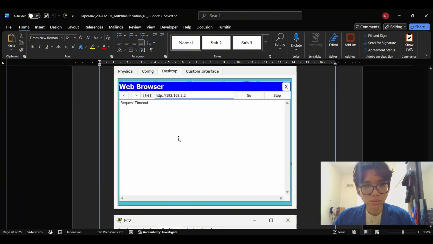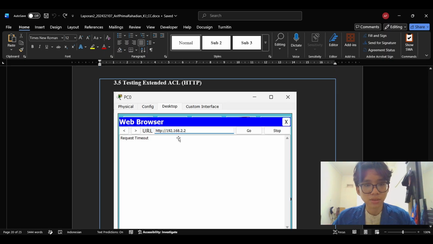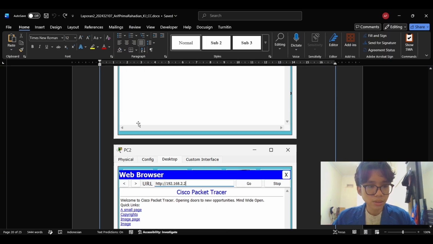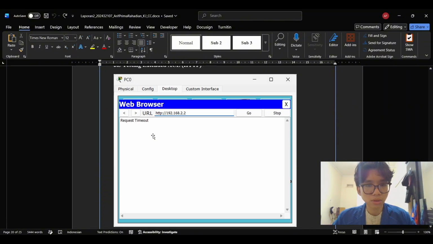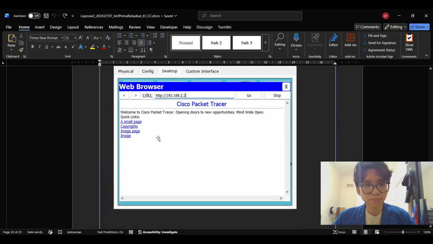I test from two different devices, which is PC0, the blocked host, and PC2, which is not in any deny rule.